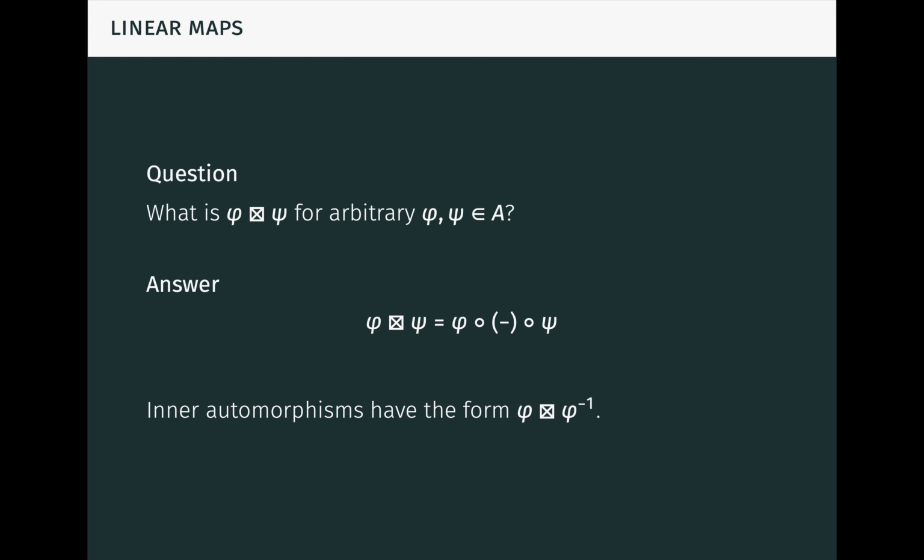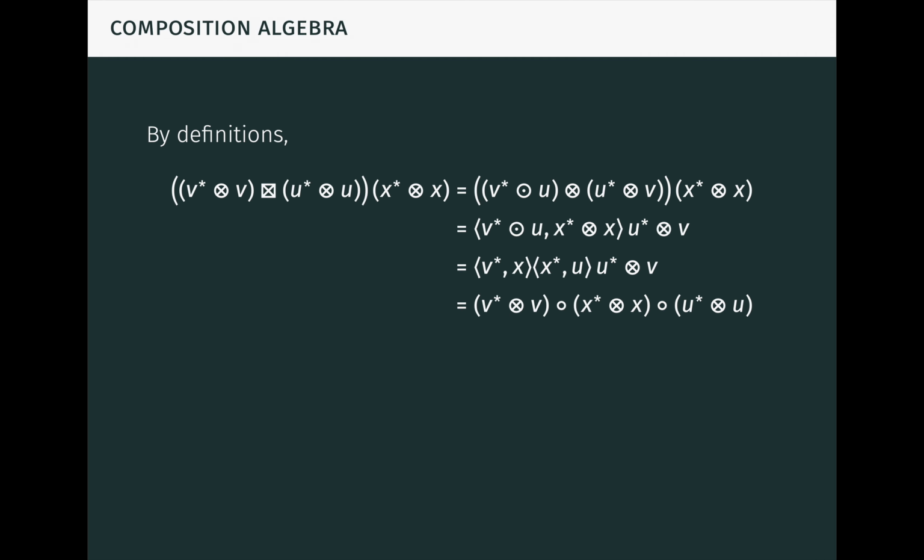How can we actually prove this? By reducing to decomposables. It follows from definitions that the tensor product is bicomposition when all three linear transformations involved are decomposable, as seen here. I'm not going to read all of this out loud, but you should pause the video to check it. The key thing to observe is that this identity depends linearly on each of the three decomposables, so the identity